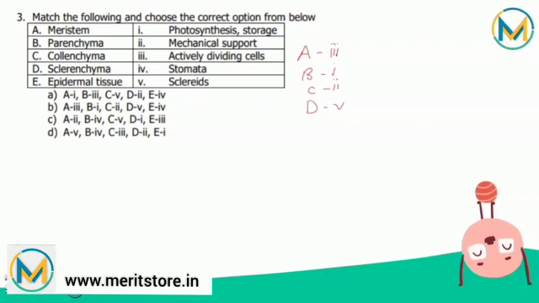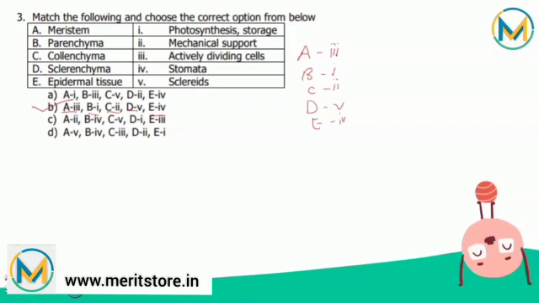Then E, that is epidermal tissue. The tissue originated from the outermost layer of the apical meristem. It has epidermis, cuticle and wax, stomata, trichomes. Singular of stomata is stoma. A typical stoma is microscopic and usually consists of two kidney-shaped guard cells surrounding a pore. So the correct answer is A3. For this it is fourth. So the correct answer should consist of A3. It's there only in option B: A3, B1, C2, D5 and E4. So the correct answer is option B.